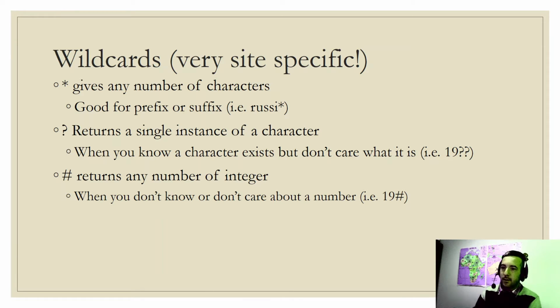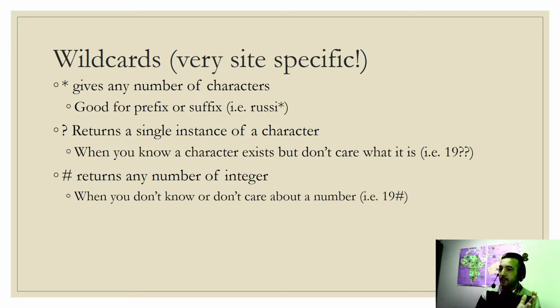If I put a question mark before it, it could include Prussia, Prussians, and happy stuff like that. So the question mark before it returns a single instance of the character. So when you know a character exists but you really don't know what it is, you can put a question mark there, and it'll give you a single character. It's kind of dangerous because it doesn't usually recognize a space as a character. All right, so these are separating words by spaces. That actually takes a second little piece of code there, but